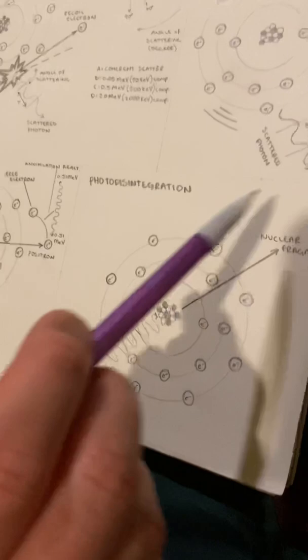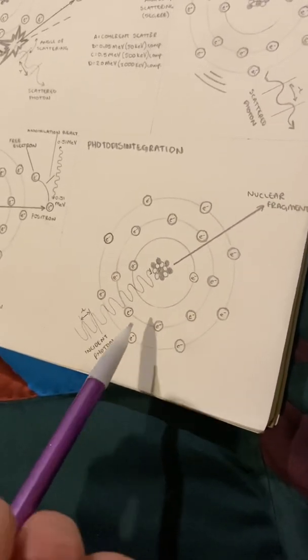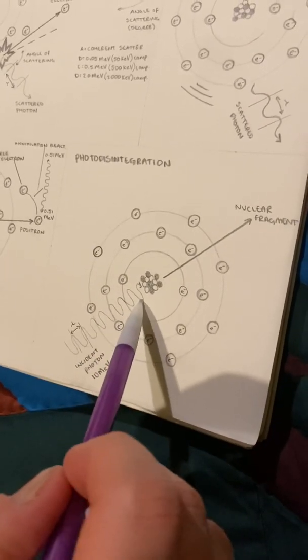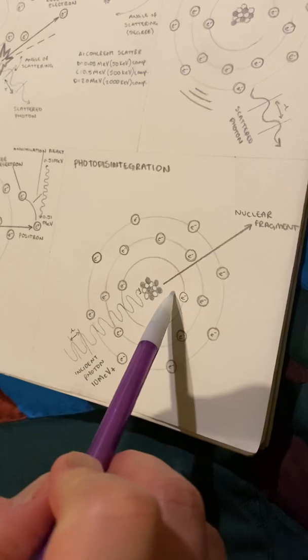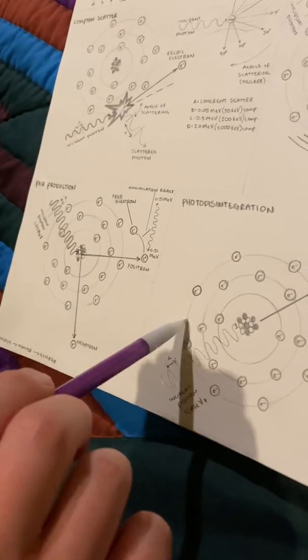And photodisintegration. So when the incident photon of 10 mega electron volts or more interacts with the nucleus, nuclear fragments are produced. And neither of these two are within diagnostic range. The most significant is going to be